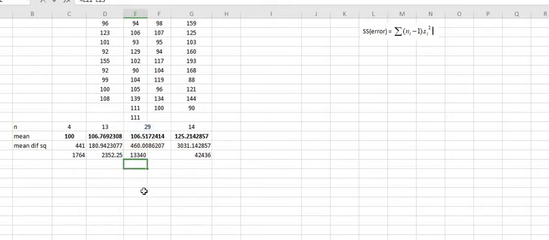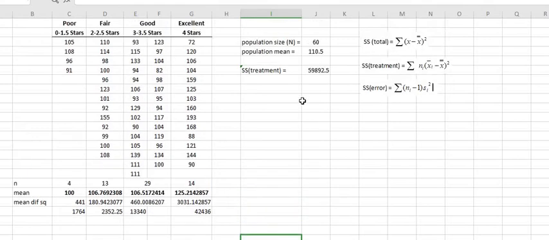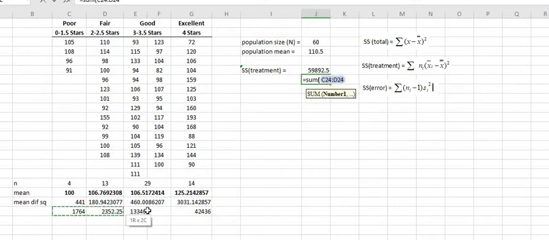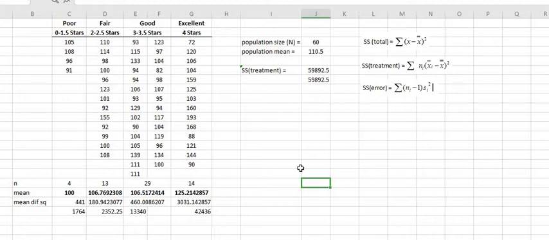Okay, we multiply. And then, dapat, ang SS treatment natin is, we will compare this one. The sum of itong part na 'to. Enter. So, 59892.5. Oh. 59892.5. Pareho lang, no? Kaso,